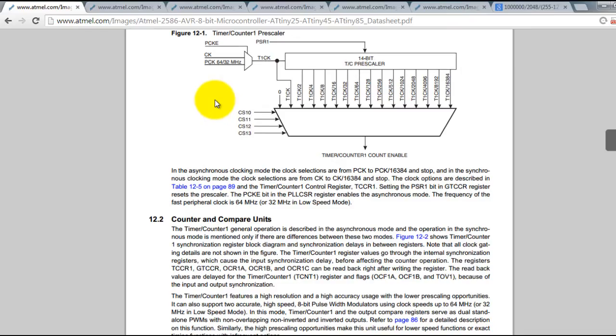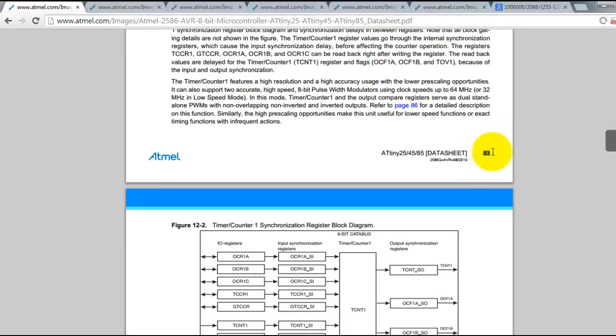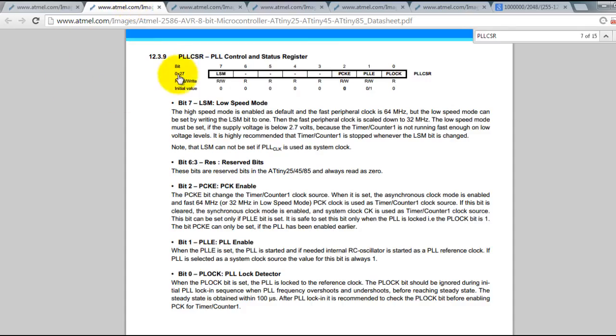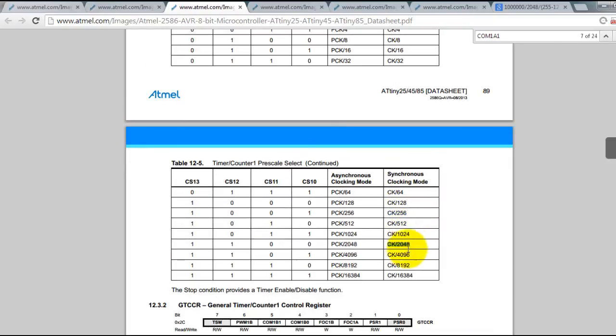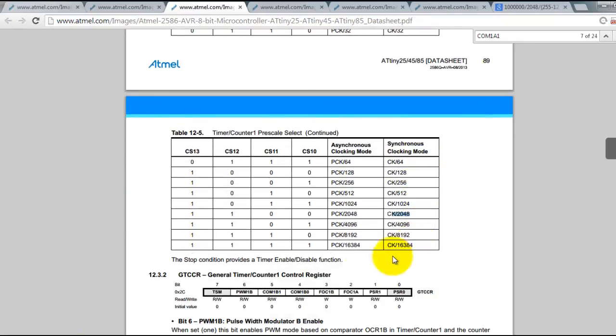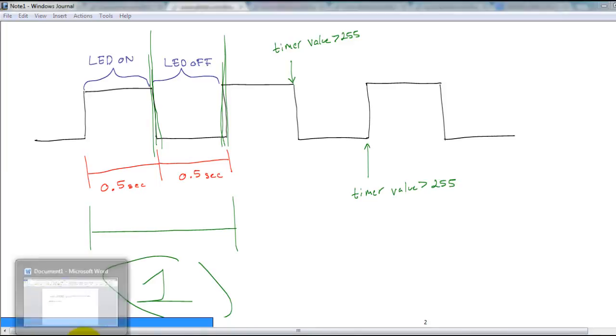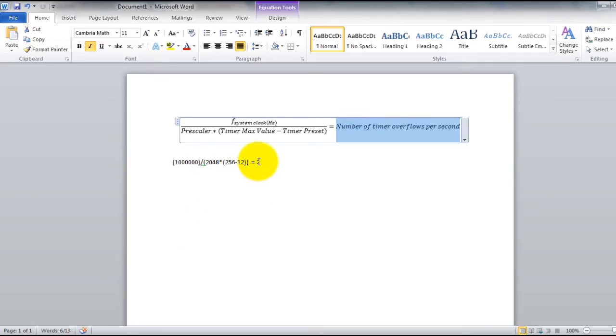So this is a page where your timer description starts. You can basically set the timer mode to synchronous or asynchronous. The default value for it is synchronous, so I have left it as 0. This is a table that you can use to choose your prescaler. I have selected 1024. You can choose any value from this table, just as long as it fits in your formula to the value